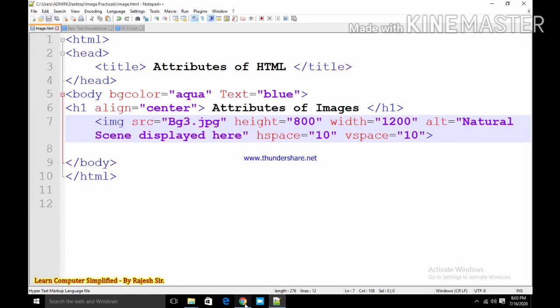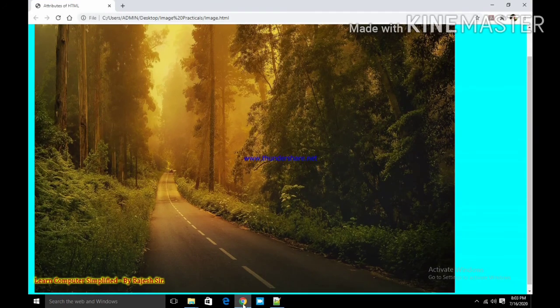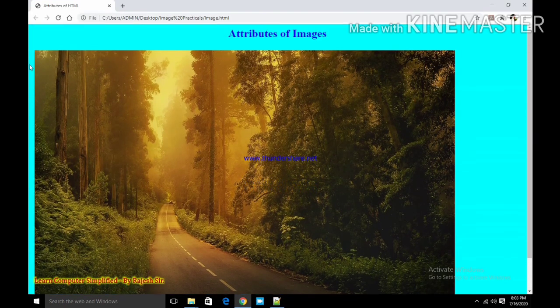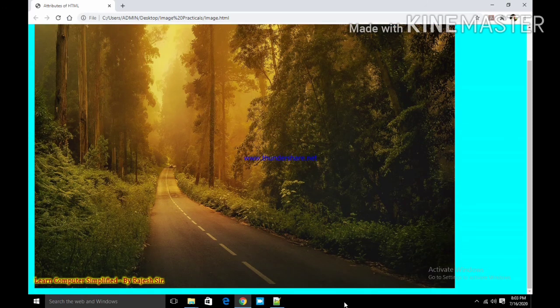Let us see what happens. You can see the image is shifted a bit from the left side, and in the same way it is shifted from the top and bottom. Now if we add any other text content, it will be separated by 10 pixels from the image border.